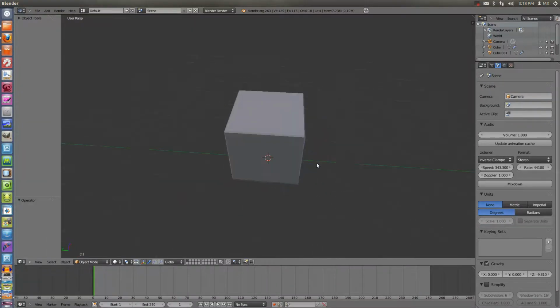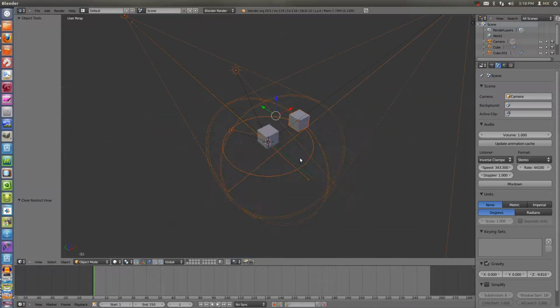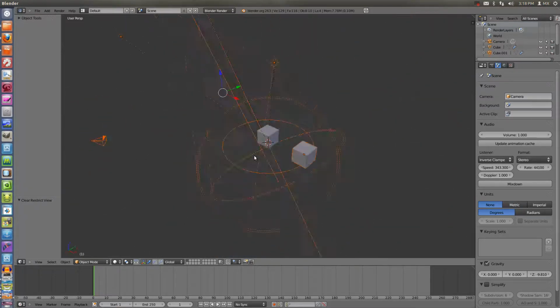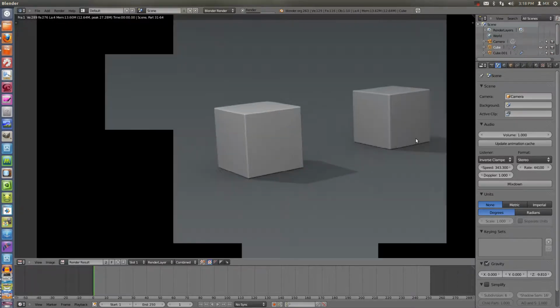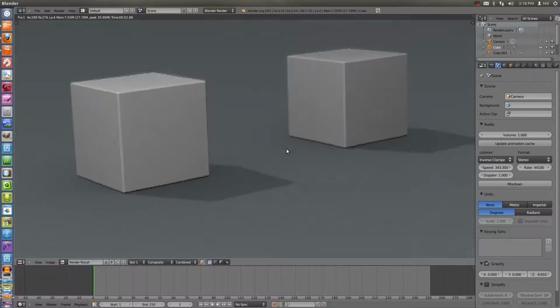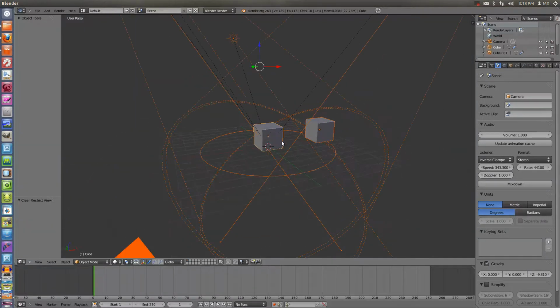So we're going to start out with our default scene. My default scene's a little bit different. If I unhide everything, you see I've got a pretty decent light setup here. If I render it out, it comes out like this. We are going to actually come in and